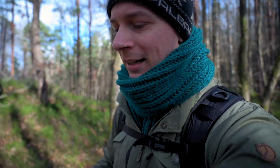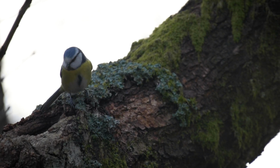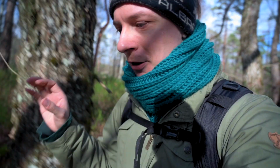So I come kind of prepared for this day. I have some really gnarly trees over here where I saw a lot of birds just sitting around, and of course as soon as I came in most of them disappeared. But I put a handful of seeds there so that they stay